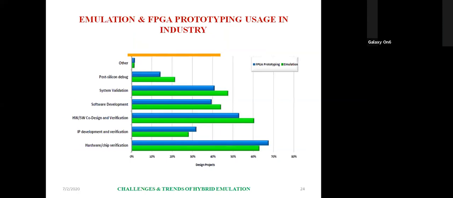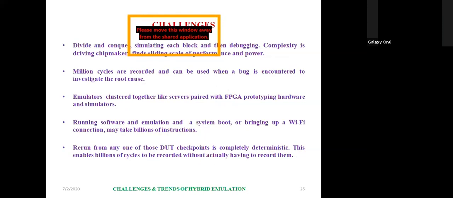So all this at the architecture level, software level, IP development level, hardware-software board bring-up activities, system validation, post silicon debug, all use emulation. Even verification engineers use emulation for post silicon validation. FPGA designers use emulations for their multi-million gate RTL to reach rich functionality in their designs. So there are different challenges.